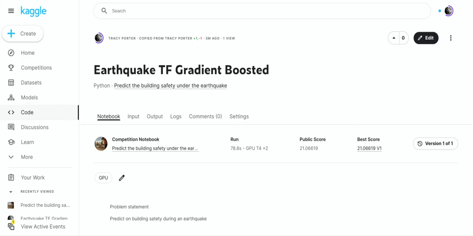So this is the code review that I did, no thanks to TensorFlow. The first thing you can see is that my best score was 21. I'm assuming that's MSE, and that was gradient boosted. That's telling you that deep neural networks are not always the best choice. In addition to neural networks, TensorFlow also has TensorFlow Decision Forest, where you can use a random forest and a gradient boosted. You need to try those out too before you make your final decision.